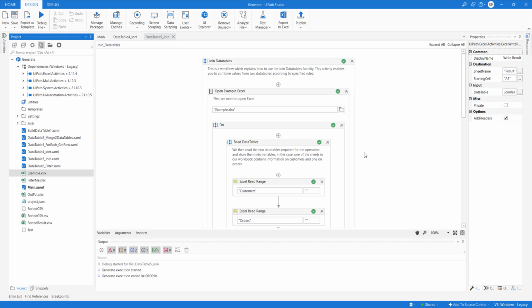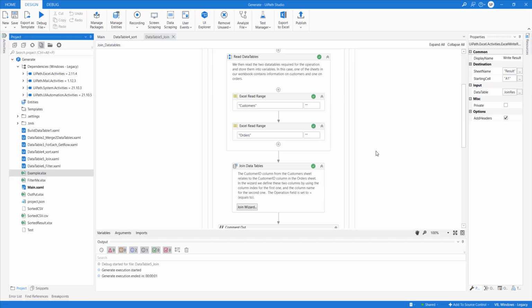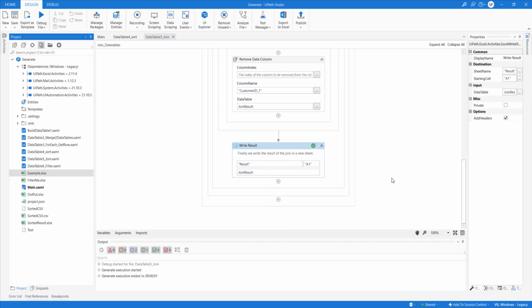So if you want to read more about those types of join, please feel free to refer to SQL documentation or UiPath documentation. You should be able to understand what those joins are. But for the sake of simplicity, you can say inner joins are done when there is a common column between two data tables, right? And then you can discuss those things. So the result will be stored like this one.